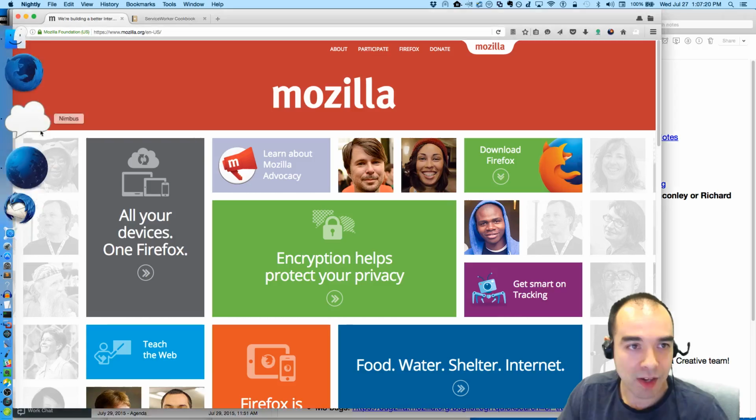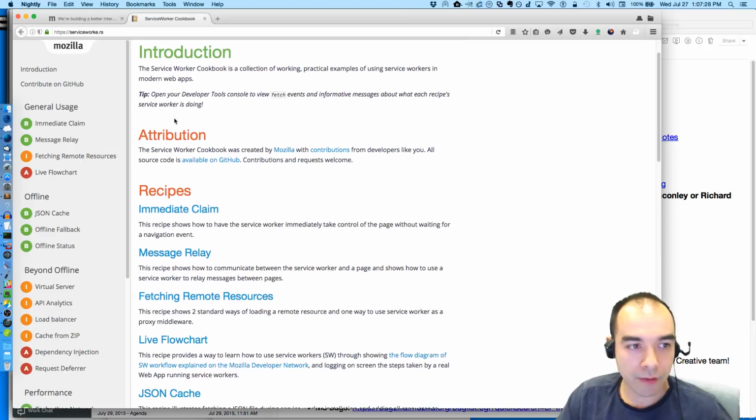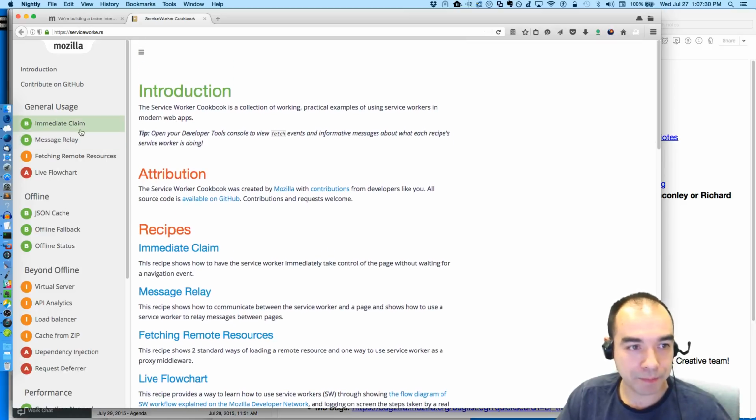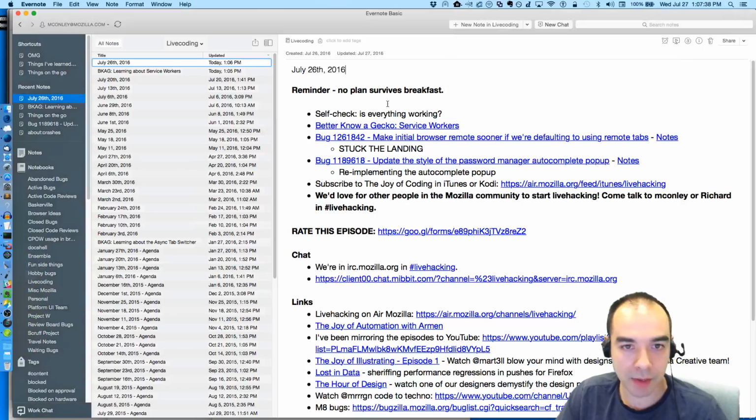And in this case, service workers mostly run in the background. There's a little bit of UI, but for the most part, it's a DOM API that does a lot of cool stuff. I'll give you an example. So I'm at this website, Service Worker. I'm going to put this link inside my note.